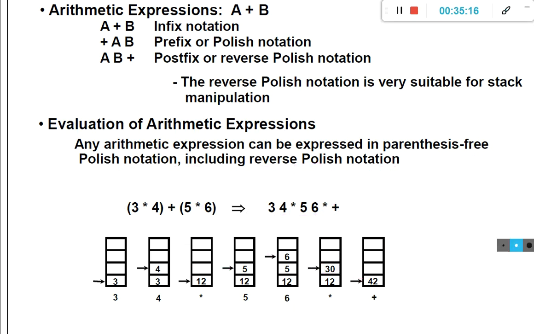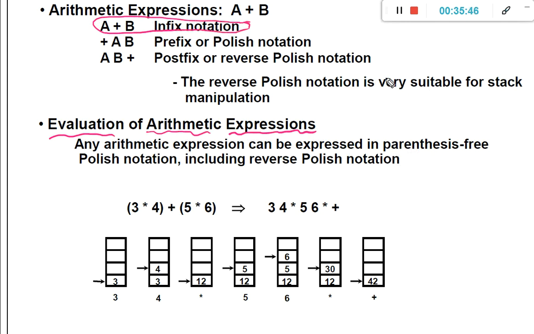Now, what is the basic purpose of the implementation of stack in a computer system? We came to know what that purpose is. The purpose is to evaluate arithmetic expressions. It is not easy for the computer system to evaluate the infix notation. However, as human beings, we use the infix notation in mathematics.